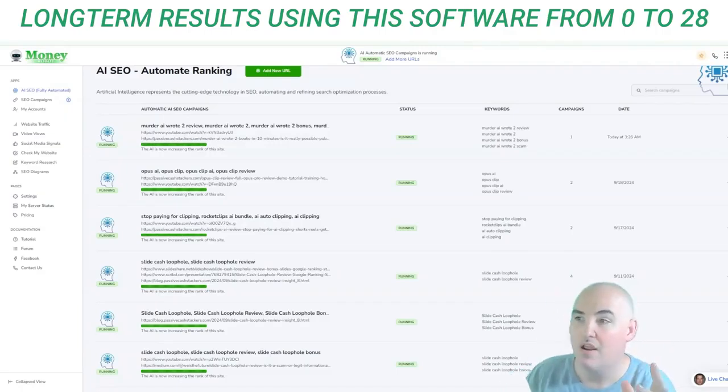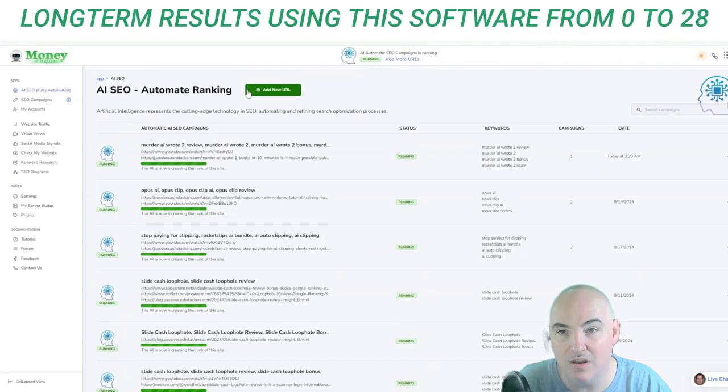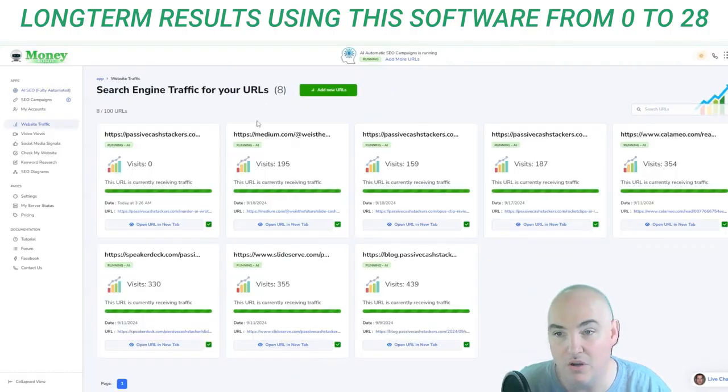So before, usually it would take us maybe 10 to 30 minutes to do a campaign on Money Robot when you're running it on your computer. Now you literally see it only took me maybe 5 or 6 seconds to run 2 campaigns. Now what it's going to do, it's going to go to website traffic, and it's going to create